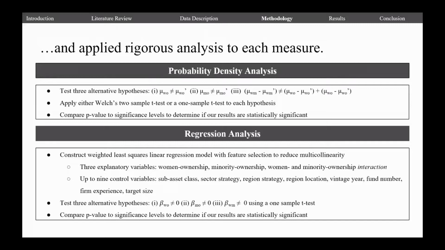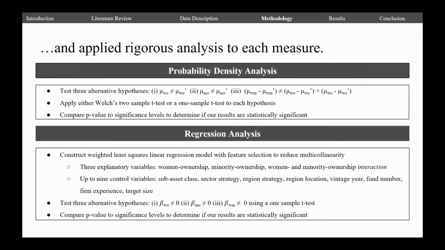If we did find a statistically significant difference for any of the ownership types, we then applied regression analysis to that performance metric to determine if the relationship between the ownership type and the fundraising performance metric held when controlling for outside factors. We did this by constructing a weighted least squares regression model with backwards-looking feature selection to reduce multicollinearity. Our model had 3 explanatory variables: women ownership, minority ownership, and then an interaction term between women and minority